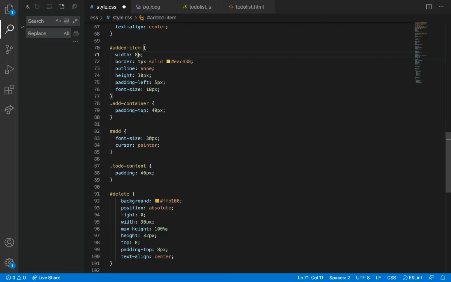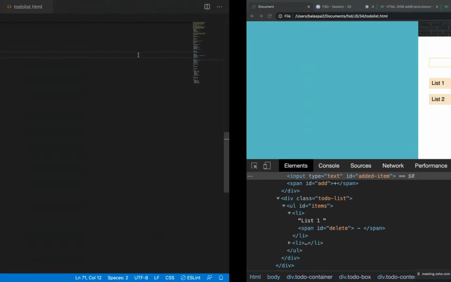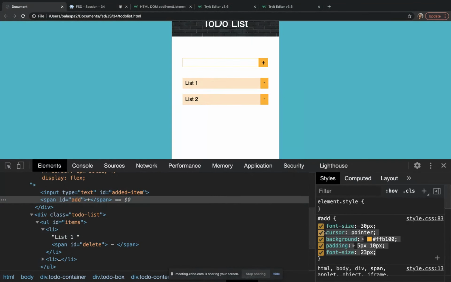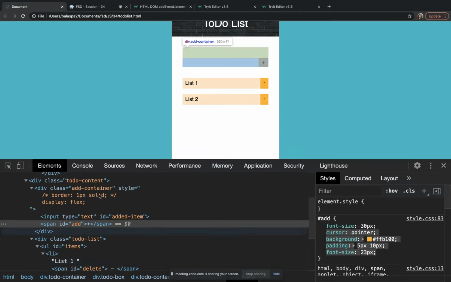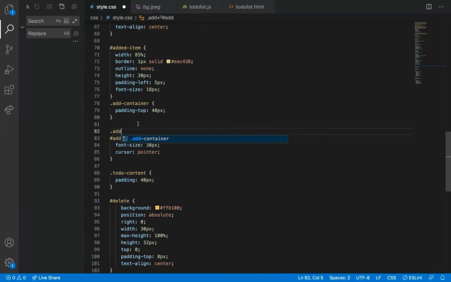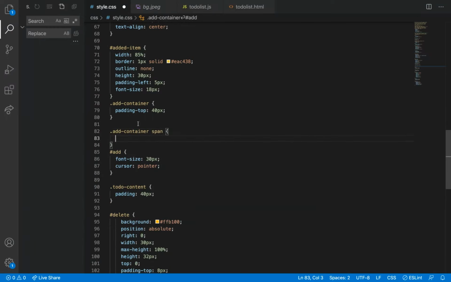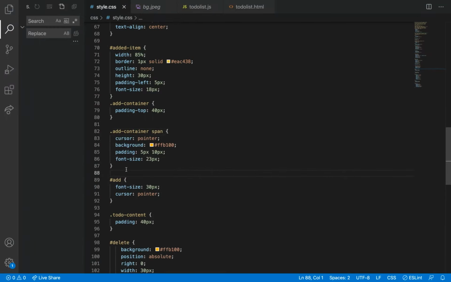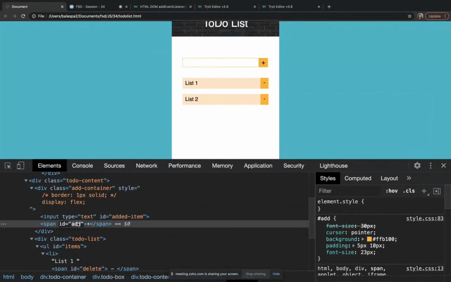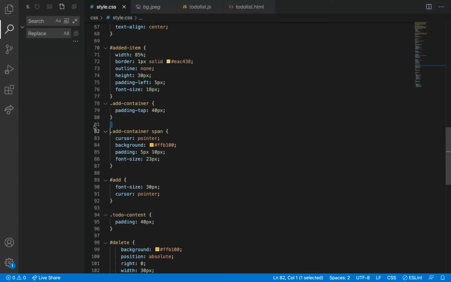So I'm going to give 86, but I can give 85. And then plus for span I have given something. So add container of span, add container of span. I'm going to give some, or else I can use this add id2 instead of it. Add id2.